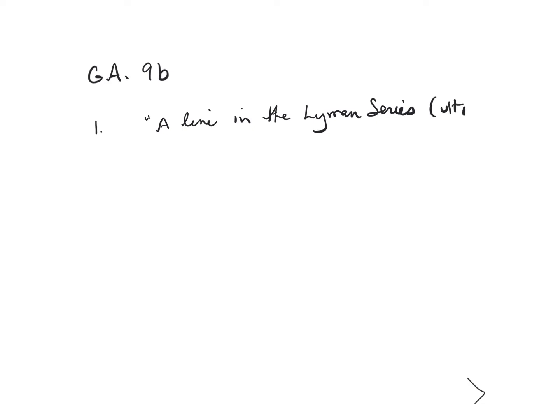So group activities 9A and 9B, I'm picking the questions here that I want you to be looking at for the quiz. Group activity 9B is the first one. And the first question has to do with the Rydberg equation. It says a line in the Lyman series. So that's a band in the spectrum of hydrogen, and it's also given that it's ultraviolet,